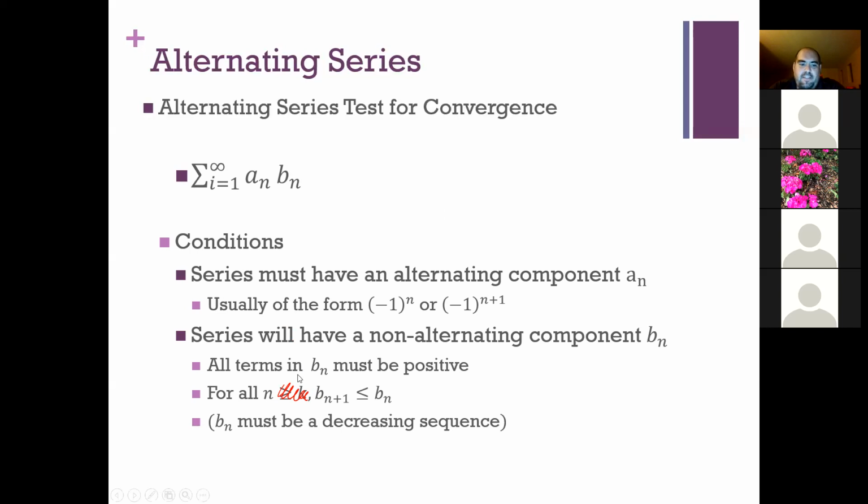So hopefully that looks familiar with some of the other tests we've talked about. The other series we've looked at are all built on sequences whose terms are positive, and we have these kinds of conditions for most of those. The terms are positive, but they are decreasing. And even though we have alternating sequences here, we're holding the non-alternating part of those sequences to the same standard. The terms are positive and they're decreasing.